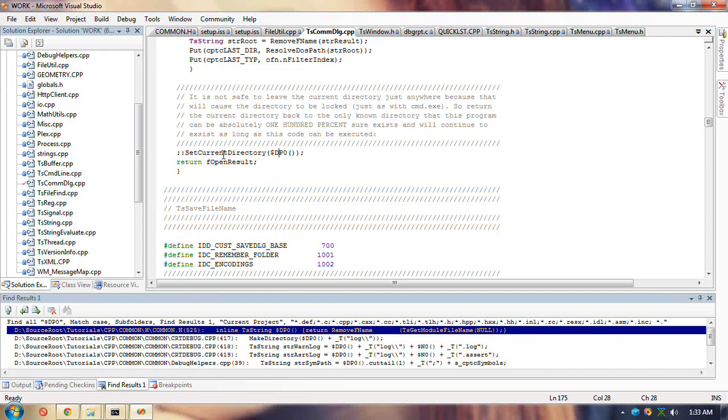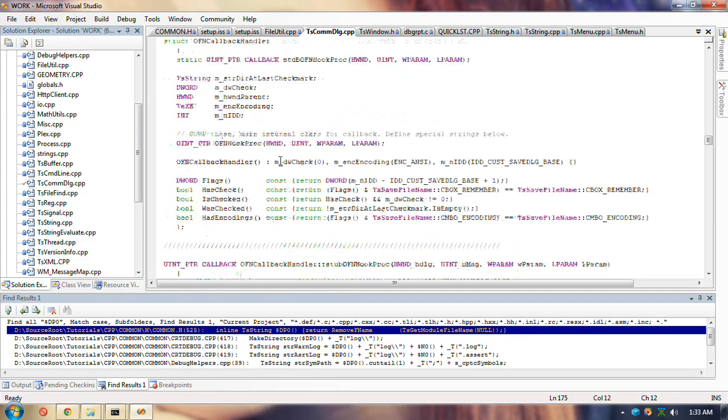So this here is setting the current directory to the drive and path of the current program, which definitely exists and definitely cannot be removed while this program is running. So that's the perfect place to put your current directory.